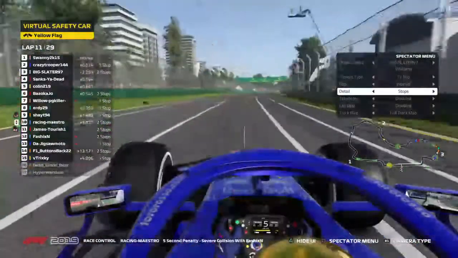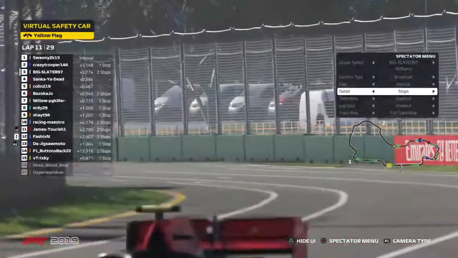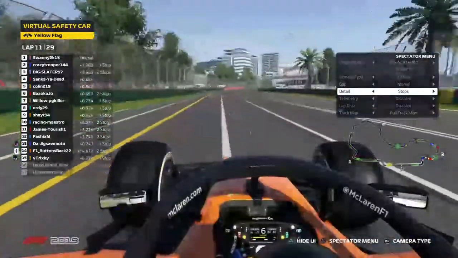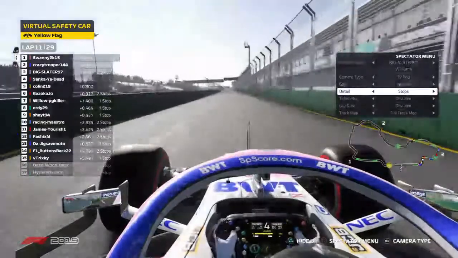or that was someone with massive damage, and Fast is now in the wall as well. Luckily with no damage, but another VSC has been deployed, as Swanee is making the smart call to now come in,